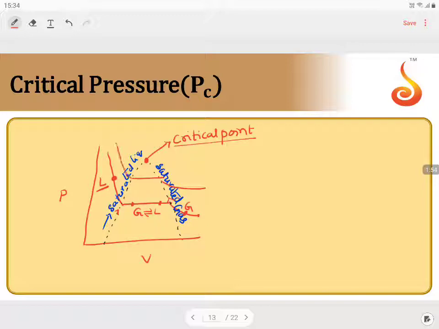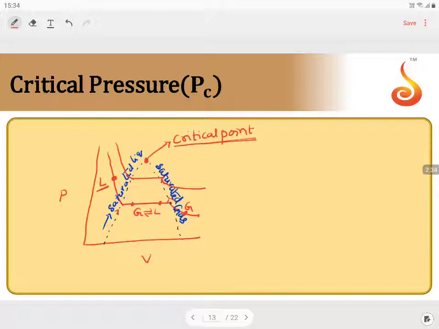You can draw any of the curves anywhere. You will have either a perfect liquid or a biphase system, perfectly gas or a biphase system, moving to either side of the saturated curve. So the saturated liquid curve tells you that beyond that it is perfectly a liquid. The saturated gas curve tells you that beyond that it is perfectly gas. In between, gas and liquid phases exist in equilibrium. Now these two curves meet at one particular point. The intersection point of these two curves is taken as the critical point.